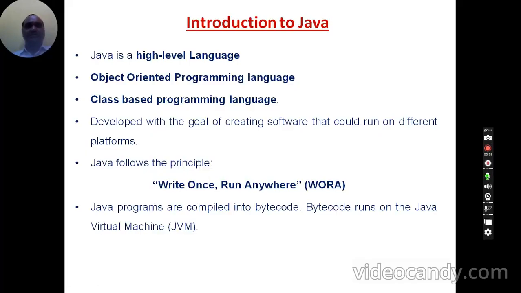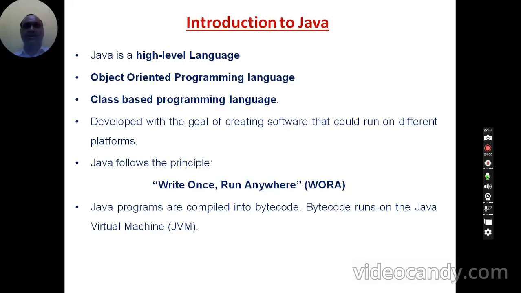If you write a C program on Windows and want to run it on Mac OS, the program will not be executed on Mac OS.